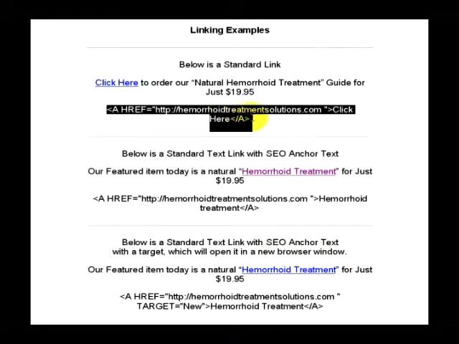So right here, we've actually put the coding to make this happen. The way that works is it starts off with an opening caret symbol, and then A. That's an A tag, for anchor. Then you have a space, and then you have href. That's an href tag. Next you put href equals, and then inside of quotes, you put the